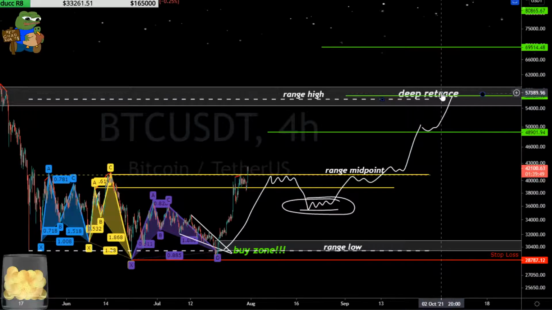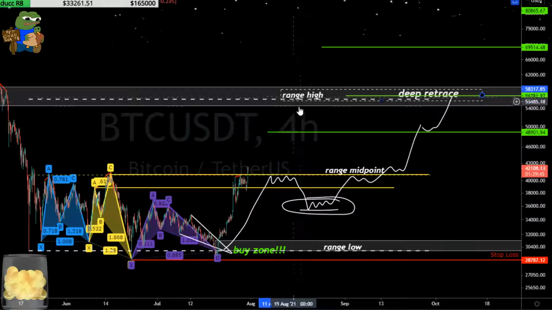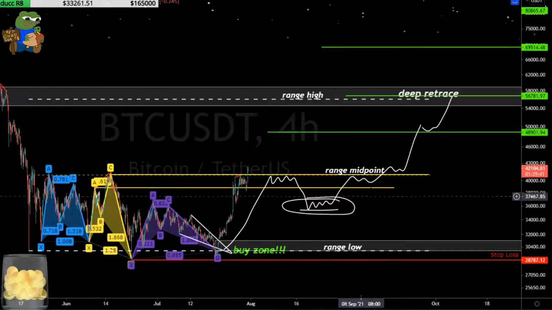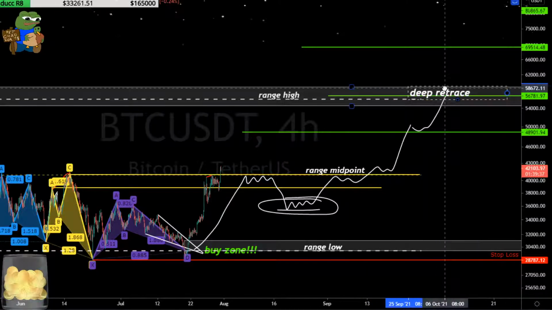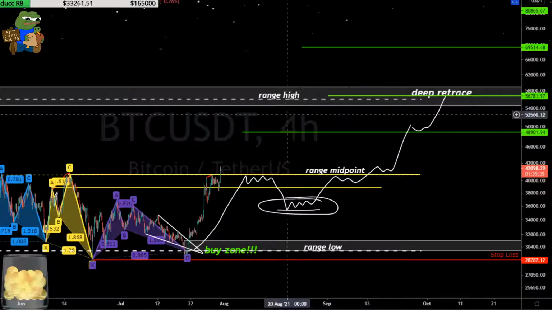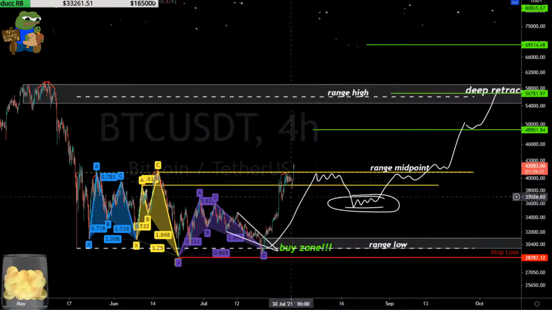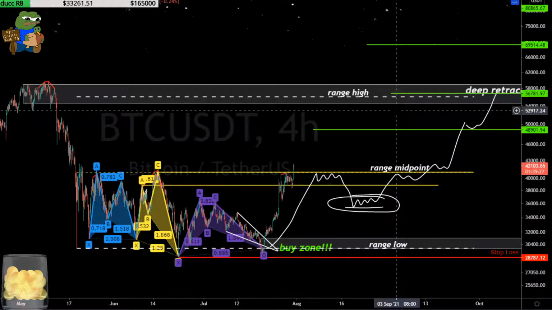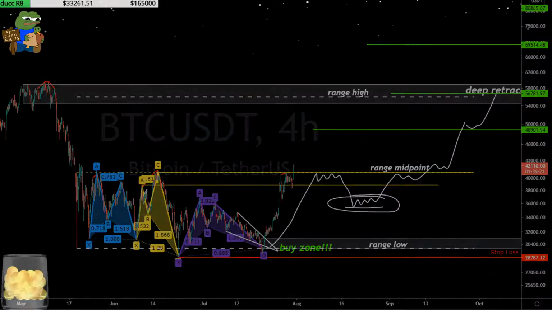We are looking for the range high ultimately. We are looking for 55 or 56K. So we're just trying to get as much Bitcoin as we can on the way to 55 or 56K. No need to do anything crazy. Just keep adding and accumulating onto your position on your way up to higher prices. And then as we get there, we'll just reevaluate as more data presents itself.